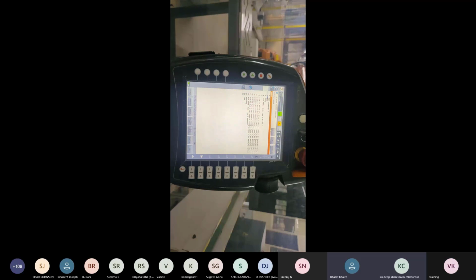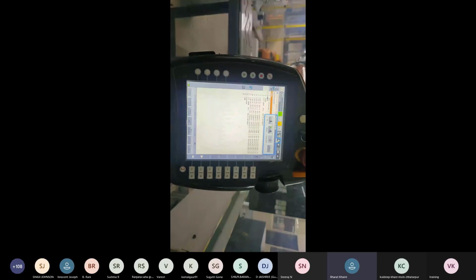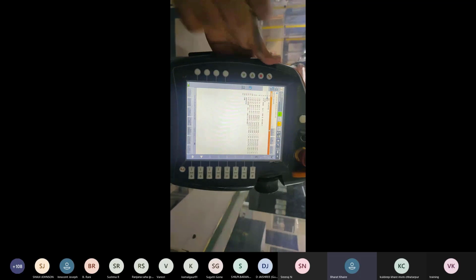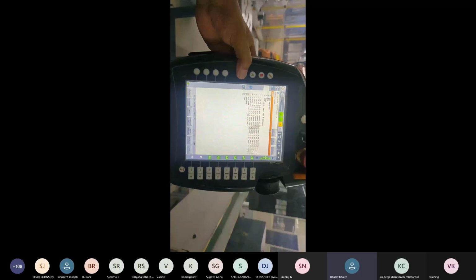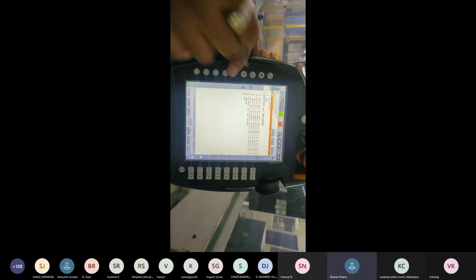We can simulate the program in continuous mode using go mode, and if we want to check the step-by-step position, we have to go to motion mode. Now if we play the program, it will stop on every point generated in the program.